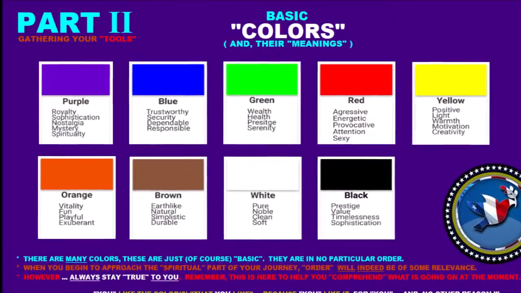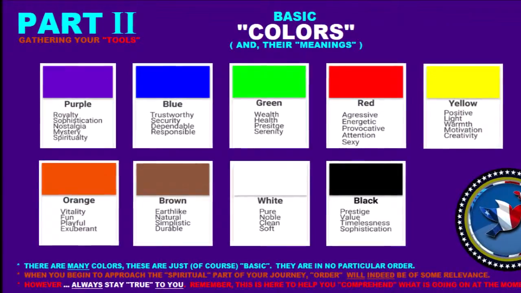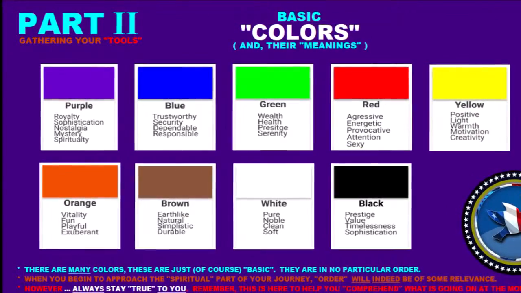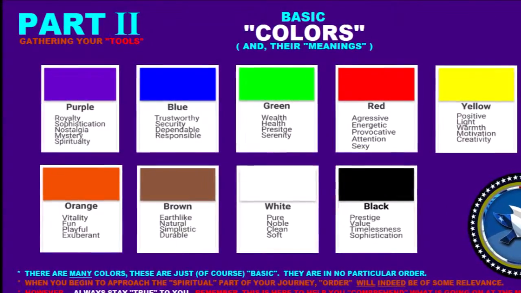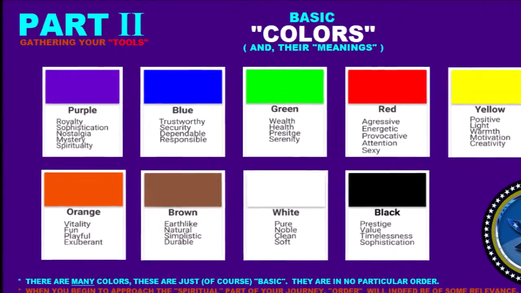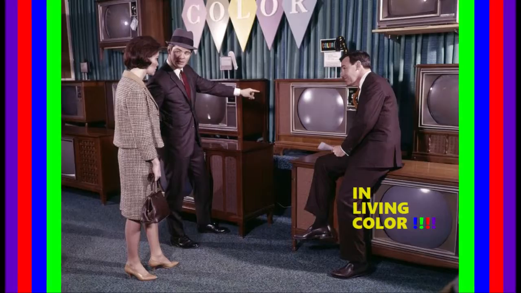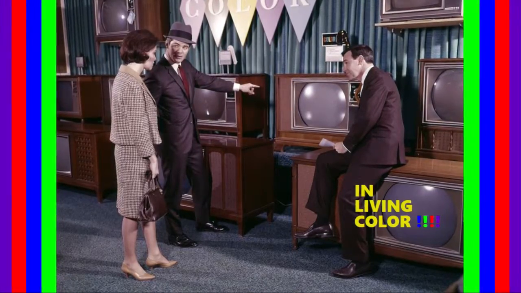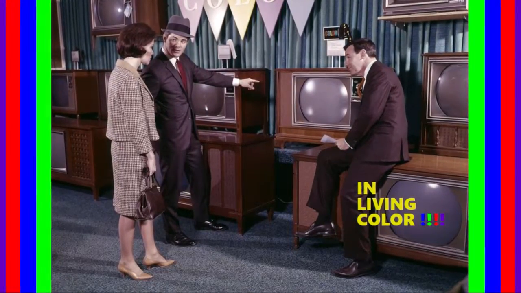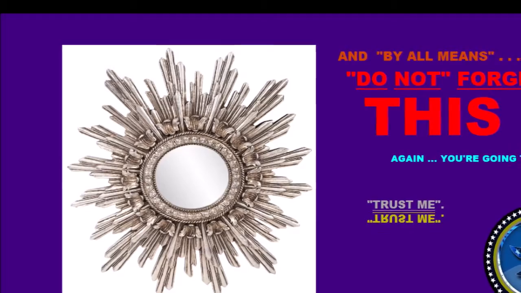Your hermetic or esoteric symbols as well. Just look up a few tables of that, and I'll give you a few examples of those. Basic meanings of your basic numbers, so your number table basically. There are a couple other material things that you'll need. You'll need a color TV or monitor. And you will need one more thing. You will need a mirror.